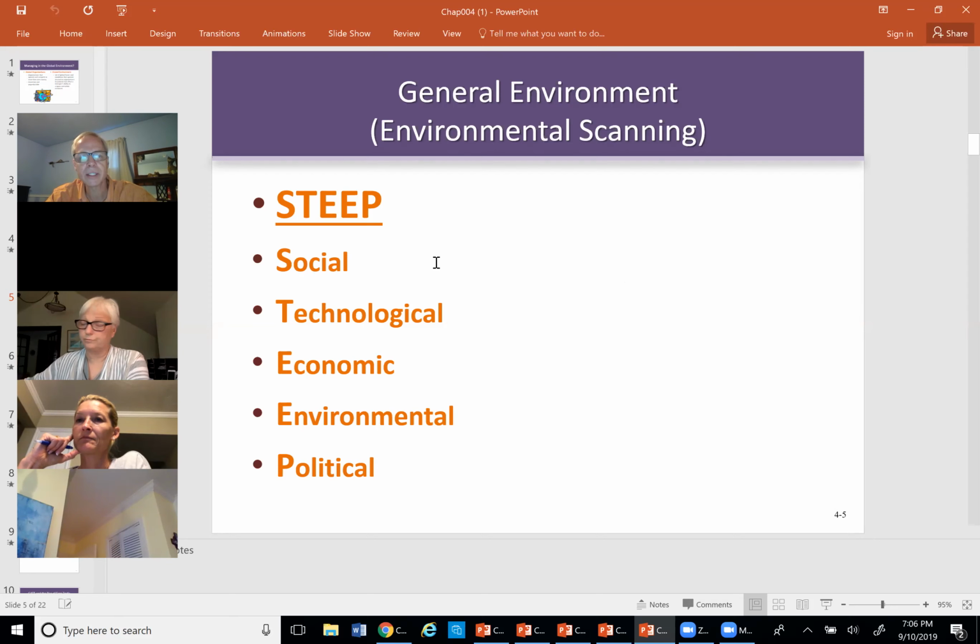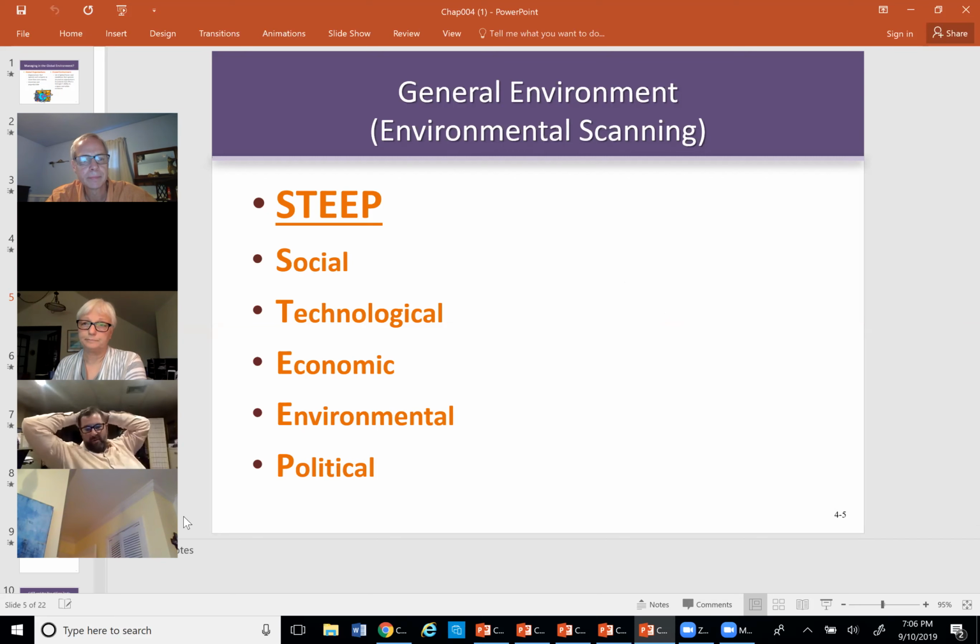Any thoughts about how these things are changing for the healthcare industry? I'd say all of them are probably important. Maybe the political one, I mean,